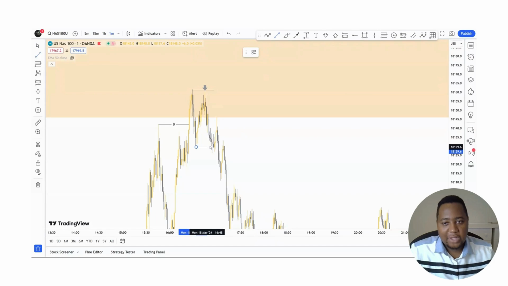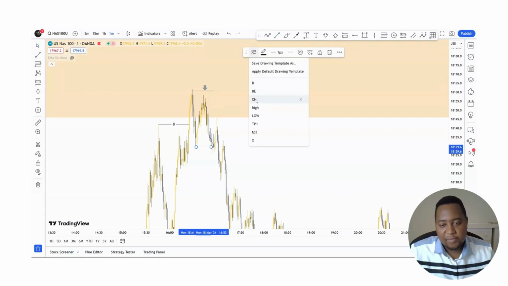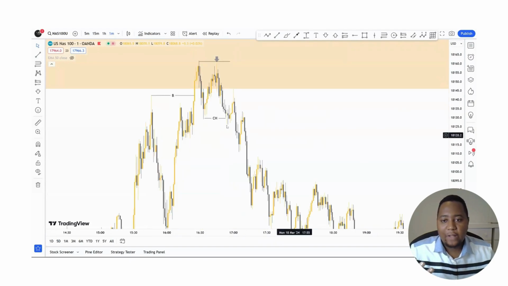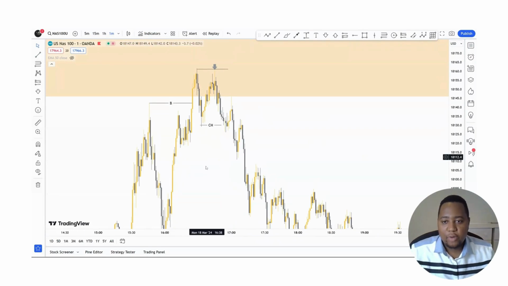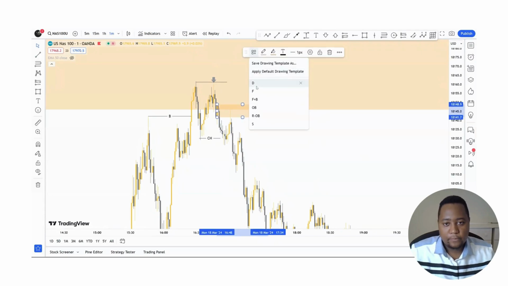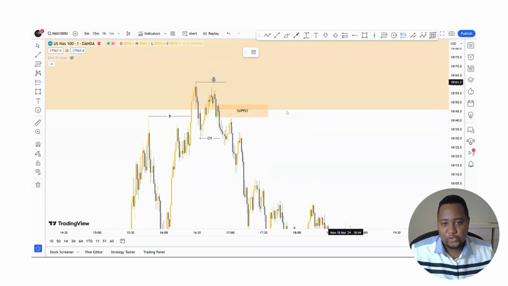Okay, sometimes it doesn't give you this, so it can be different scenarios. You want to back test in order to get full advantage of how the strategy actually plays out. So with a break of structure, with a change of character when the market sold off, look at it now when it pulls back to a supply right here. And this supply one now, you could have actually taken your trade right here,